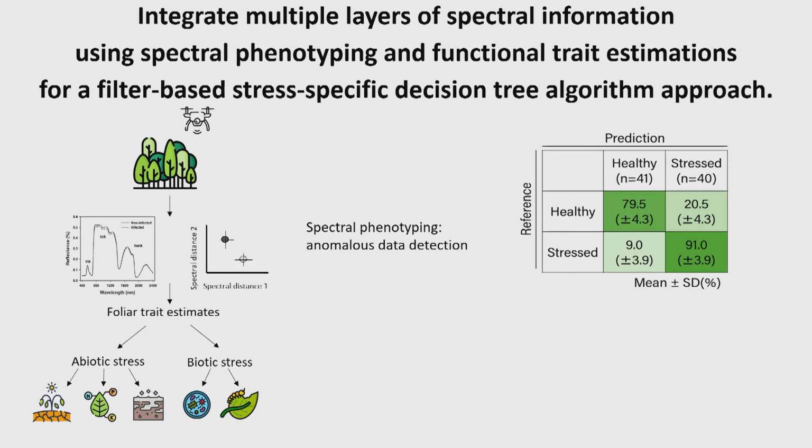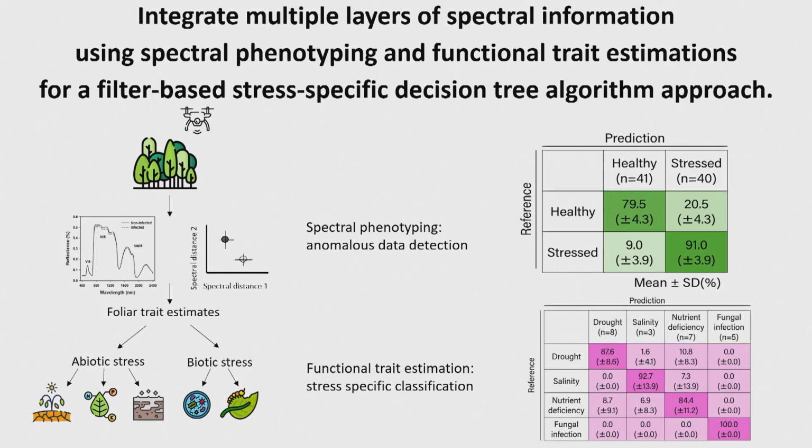So if we have all of our control plants and all of our stress plants, and we put them into one confusion matrix, we can see that they classify fairly well. The interesting thing is if we move to just using the functional traits as opposed to the spectral data, we actually got really good classification, meaning that the functional trait data was able to tell us whether something had drought stress, or a pathogen. This was all done with black walnut as the use case.